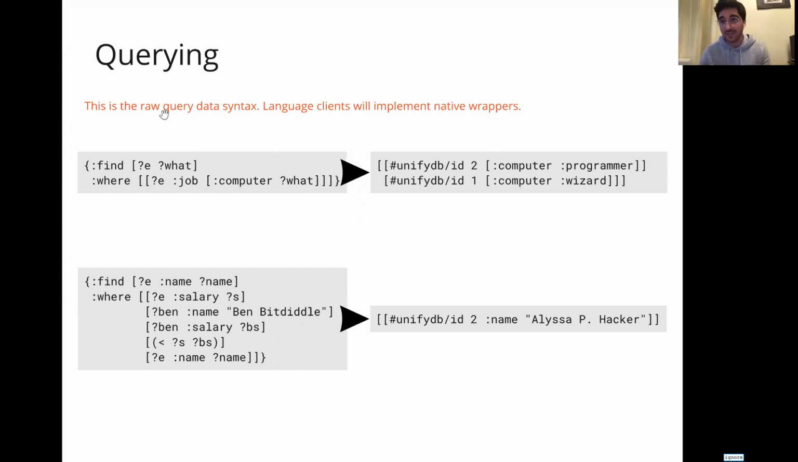It's called unifyDB, right? That's named after an operation called unification. What does unification mean? Unification means that for any given set of facts that are returned from the database, the query engine will guarantee that all variables that are the same are going to refer to the same thing in that set of facts. So in this example, we're saying we want to find a variable called E and a variable called what,